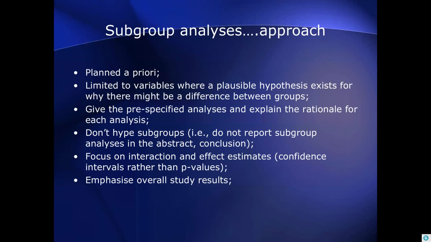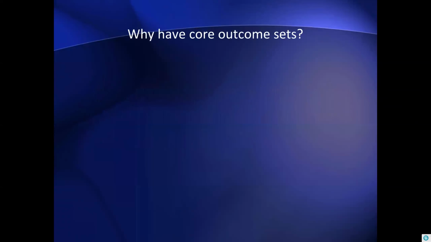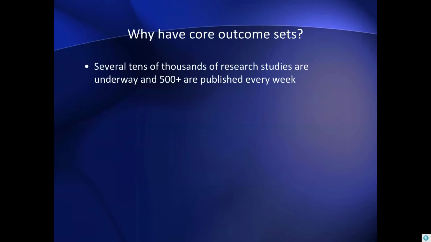So that gives a very good insight into the fact that we have a major problem and the role that perhaps core outcome sets could play. And wrapping around that, we know that there are tens of thousands of research studies underway and 500 are published every week. There's a piece of work published a few years ago, and sadly for some of my general practitioner colleagues on the call, it's estimated that for a general practitioner to keep up to date with the evidence base they need to help inform the decisions they may need to take with their patients, they would need to spend approximately 26, 24-hour days per month reading that evidence base.